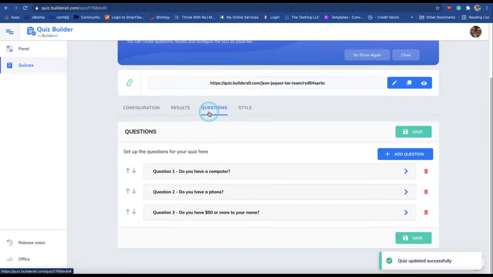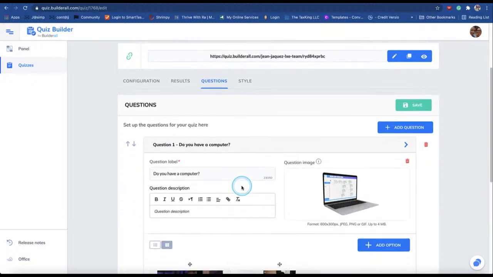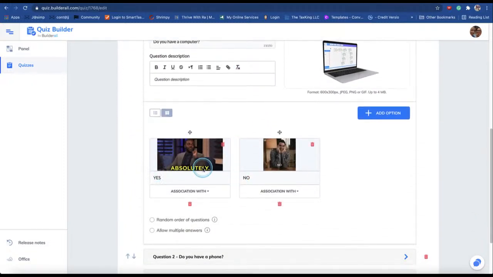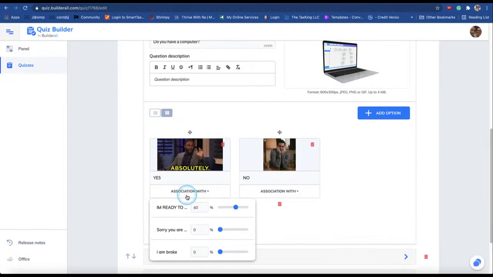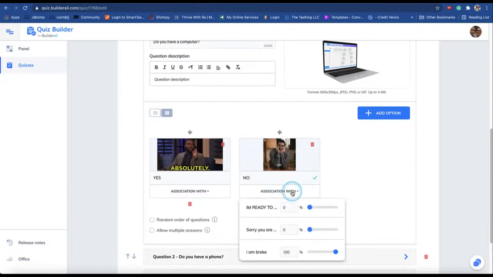And then questions. Do we want to update the questions? Do we want to add more? Who knows? All up to you and how sophisticated you want this to be. But just remember that depending on the percentage that you give each answer, here it says associated with. So this gets a 60% if they say yes. This one, if they say no, it gets a 100% I'm broke, meaning they are leaning towards going